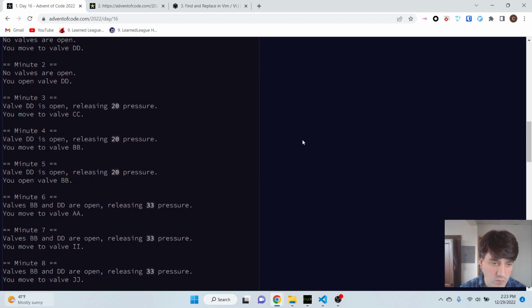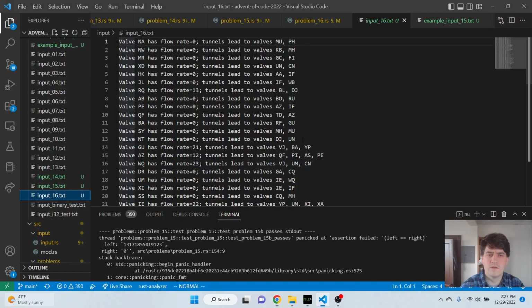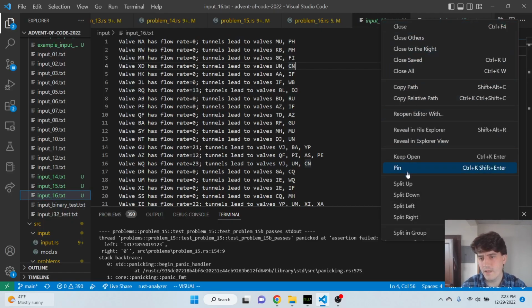So it's a row of valves connected by a tunnel. Okay. Well, that's good and bad. That means that there are probably fewer possible solutions. So the picture that's forming in my head,